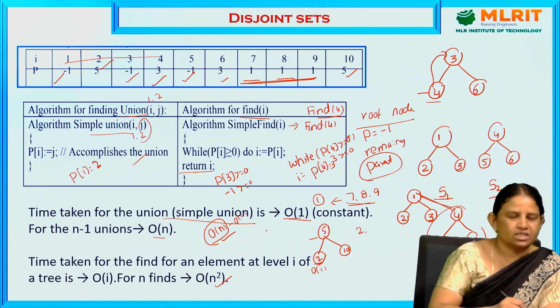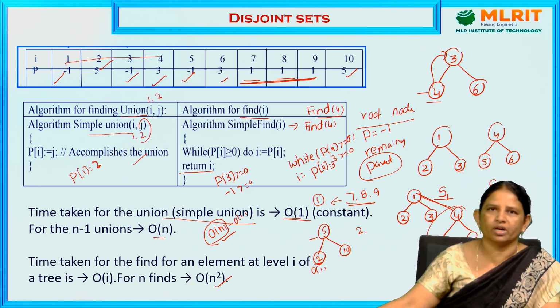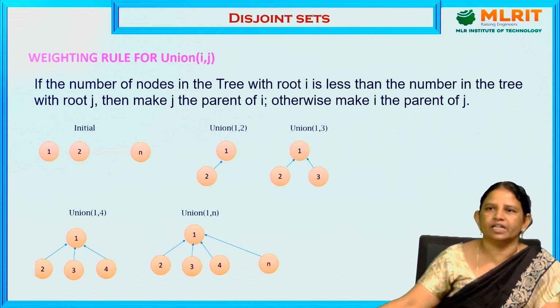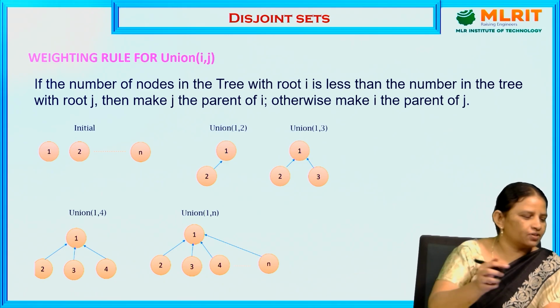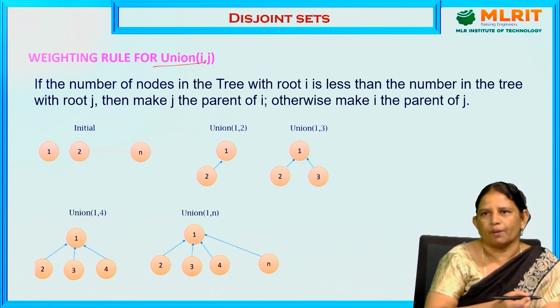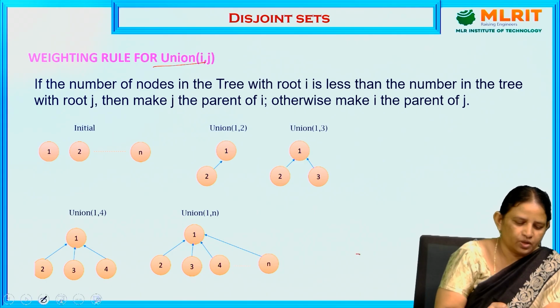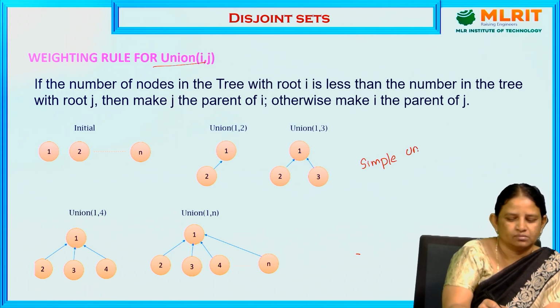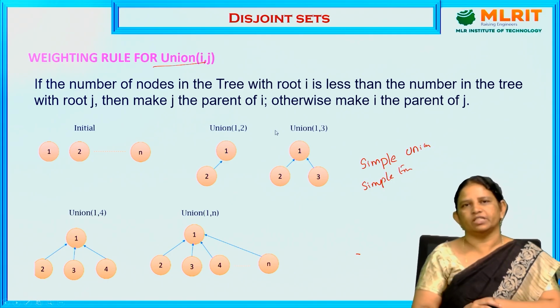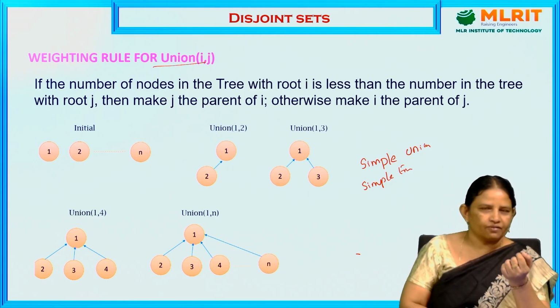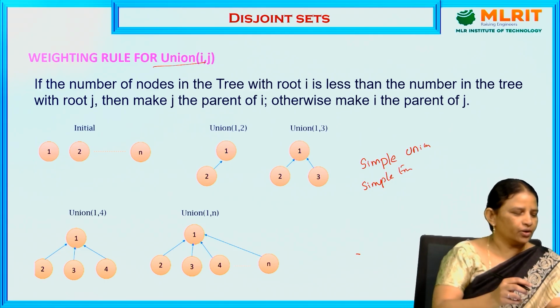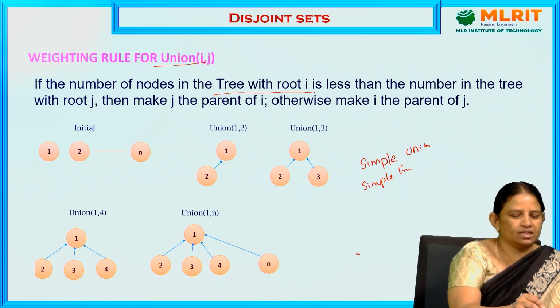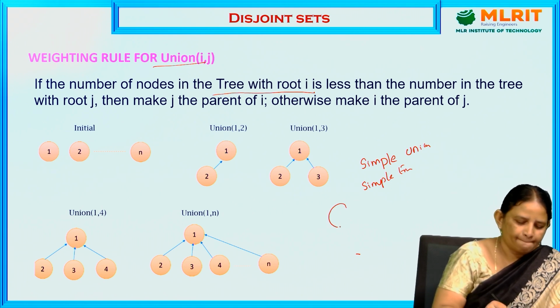To overcome these problems, we are going to look at another two operations in disjoint set called weighting rule and collapsing rule. So, there are two rules we are going to discuss now. First one is the weighting rule. Another one is the collapsing rule. To overcome the problems in simple union and simple find, these two algorithms have been developed. In the case of weighting rule, if the number of nodes in the tree with root I is 1,